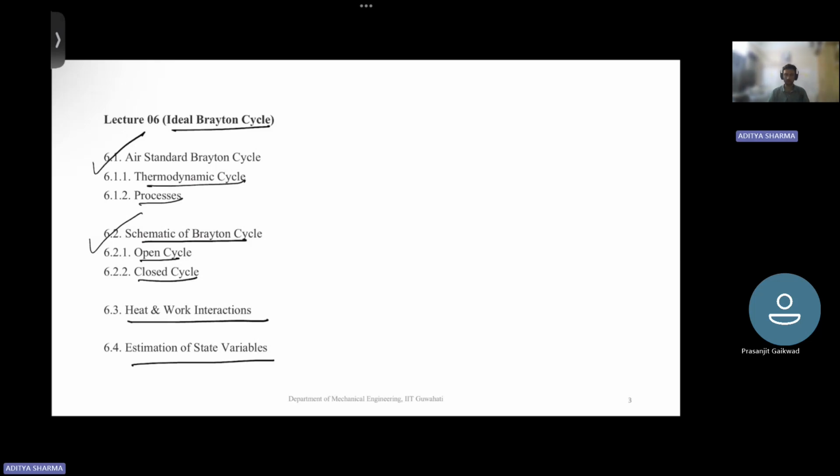So this is fundamentally the difference between open cycle and closed cycle, and this has been discussed previously also in either week one or week two. Okay, so nothing more to add in it. After that, you have heat and work interactions. So from your heat and work interactions, we can see